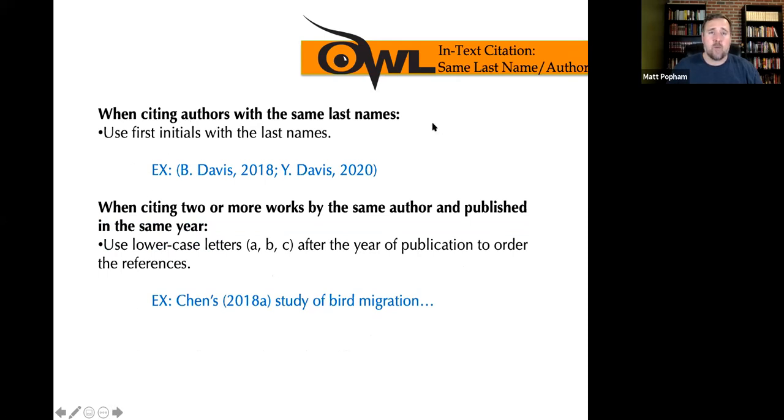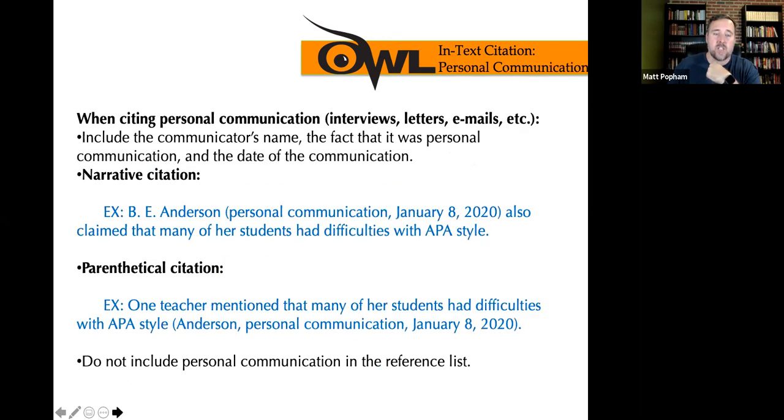If you've got a couple of works that you're citing in the same citation with the same last name, you'll need to include their first initial, and of course a semicolon needs to go between each individual source. A couple of different ways to do that here. So as you can see,